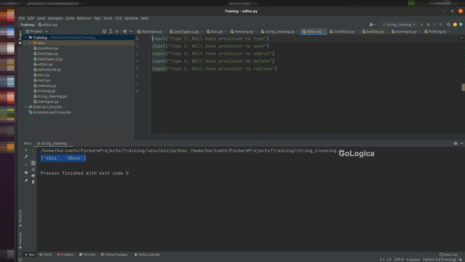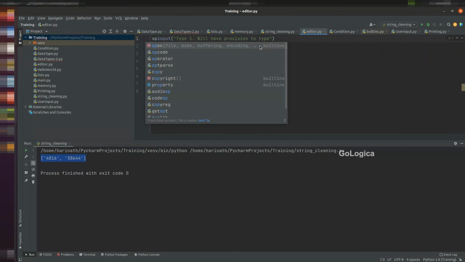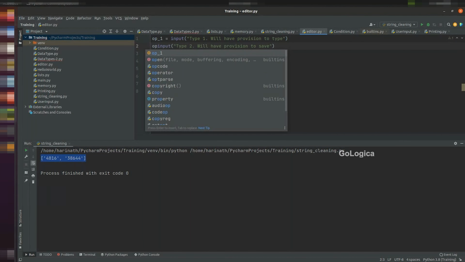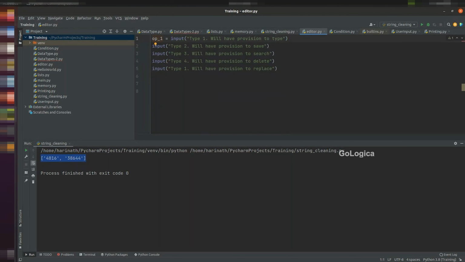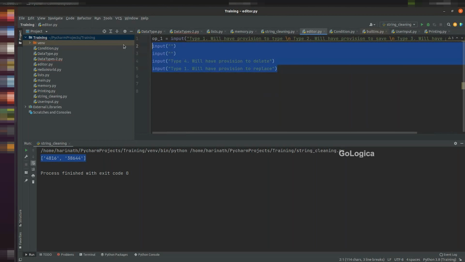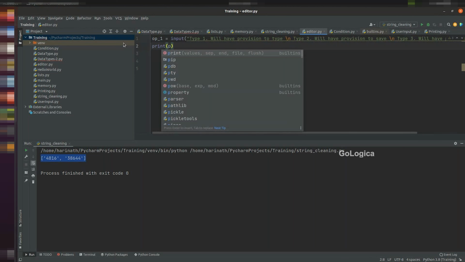Now I have to collect this value accordingly. Let's say OP underscore 1, or you can make things even more clever by using slash n. You can get all the values as a single stretch. I'm just using new line. Do you notice it? Instead of going to a new line explicitly, I'm just saying this is how I like to represent it. Let me just do it for 3 cases. Now if I just print it, print OP1,